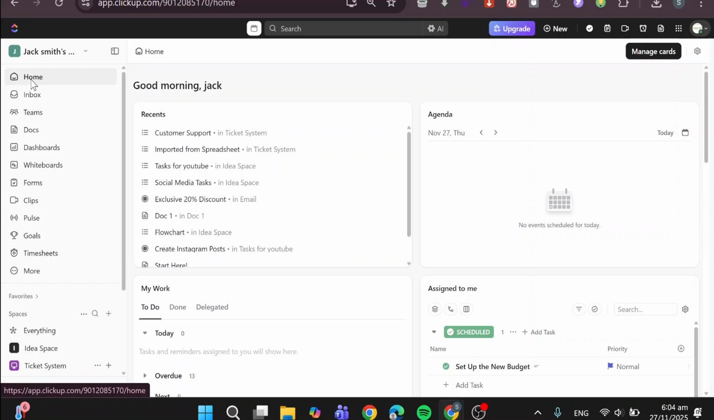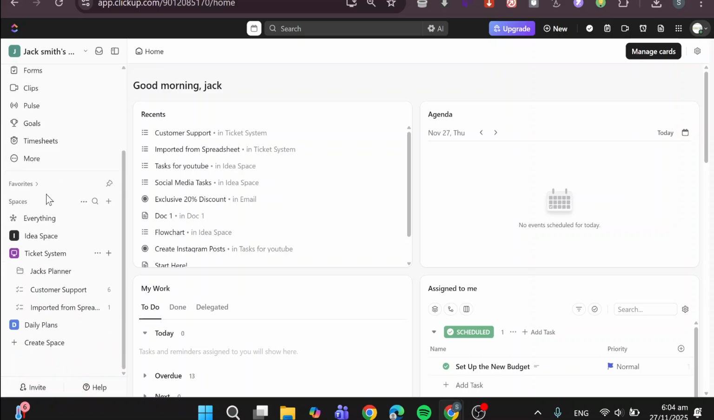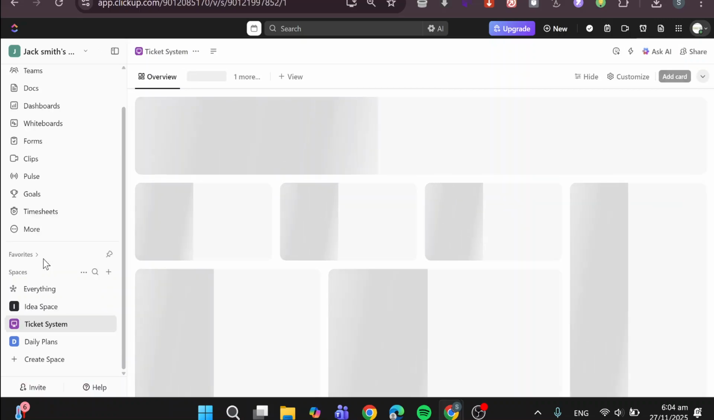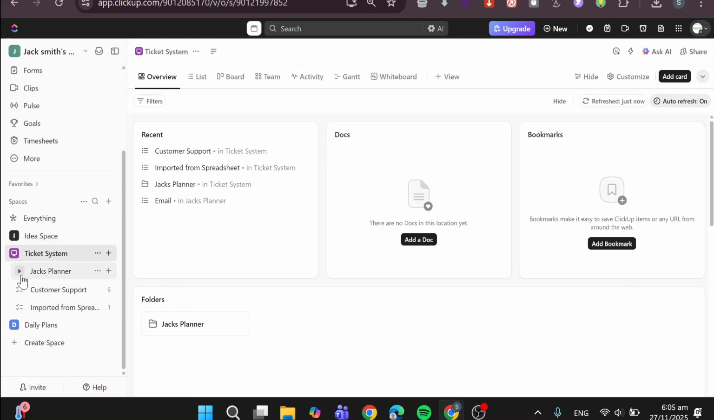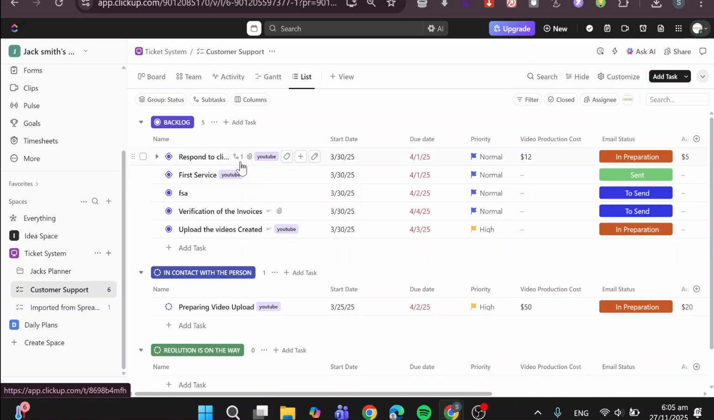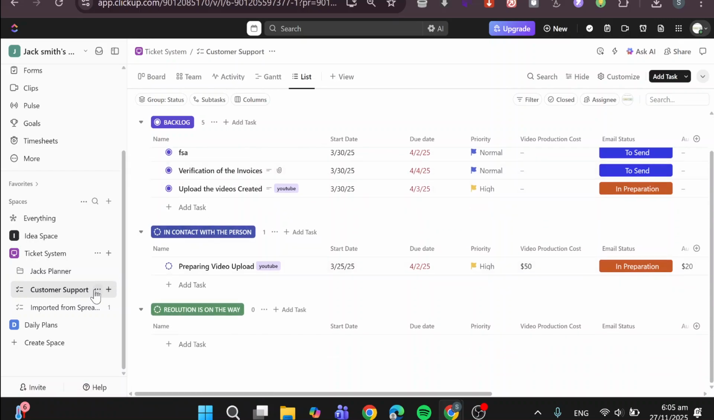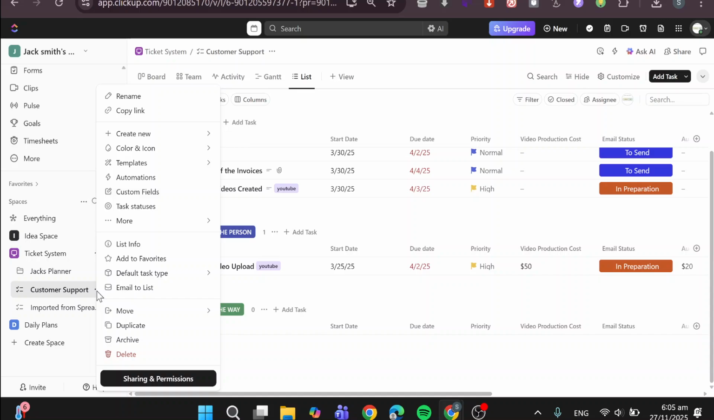Now, what we're going to do next is very simple. We're going to head over to the space that we want to create the tasks from email. We're going to choose, for example, the ticket system. I'm going to expand this specific area, so we're going to have the folders and also the lists. For example, we have the customer support right there, and we're going to click on more details or list settings from here. Now click on email to list, as you can see from this menu,